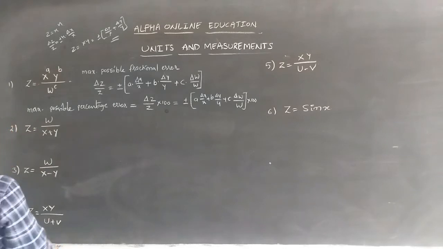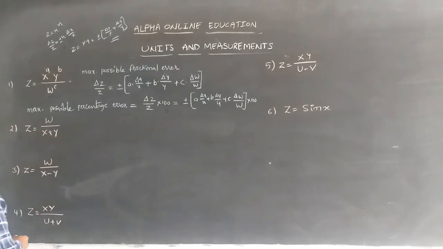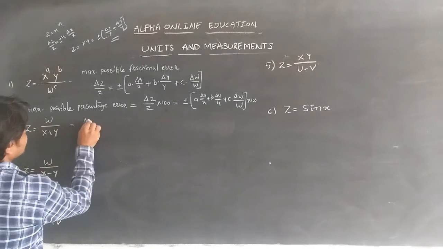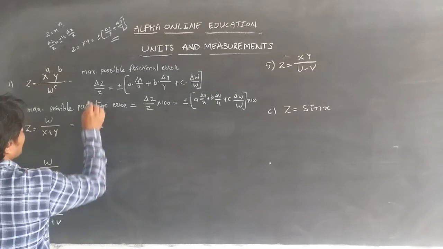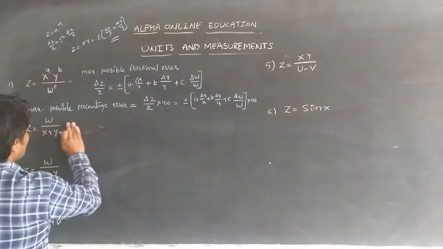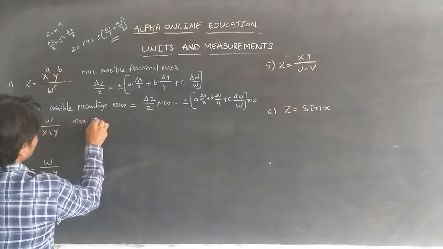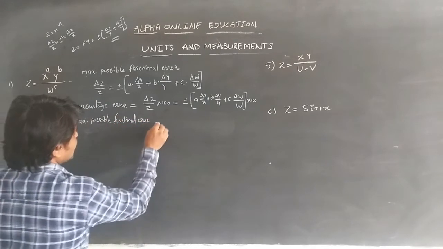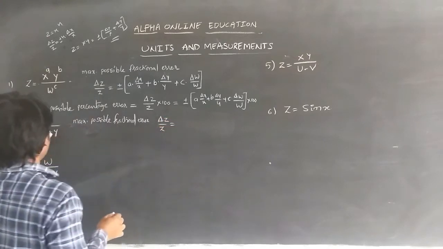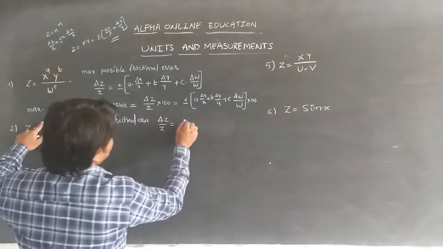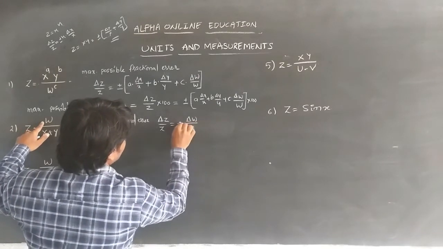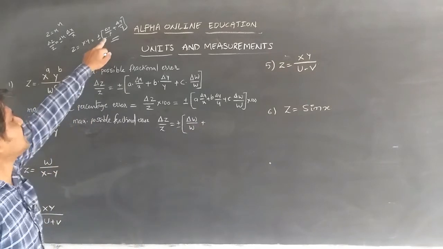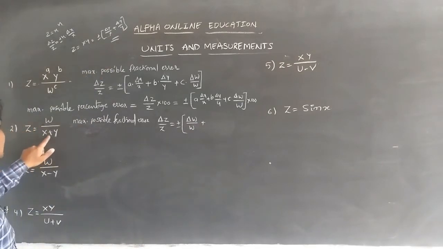The next type is z is equal to w by x plus y. Whenever we get a coefficient division value, the maximum possible fractional error, delta z by z, is equal to plus or minus of delta w by w plus, as in the case of division, where we wrote delta x by x plus delta y by y. So here also we write delta w by w plus